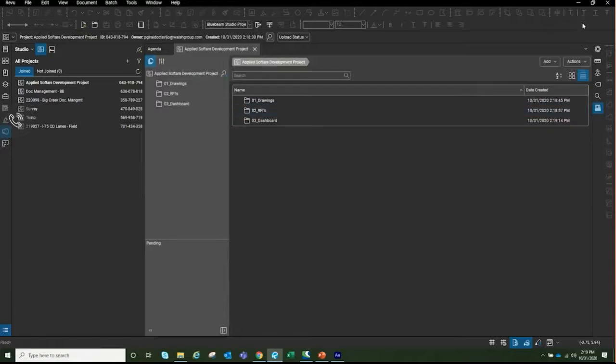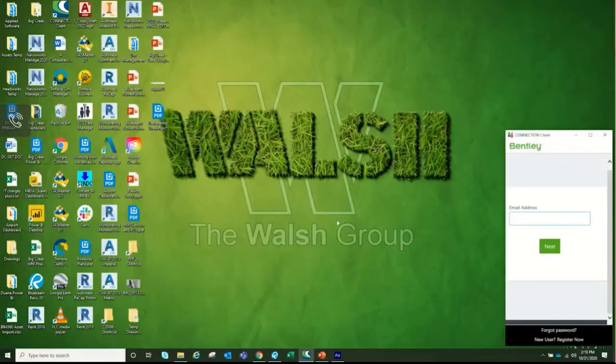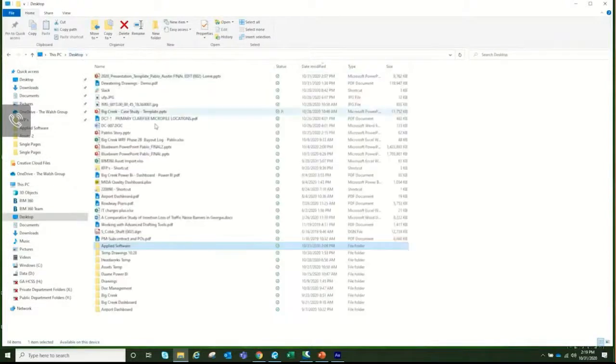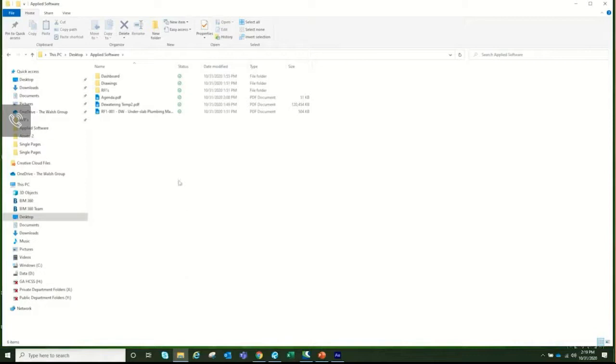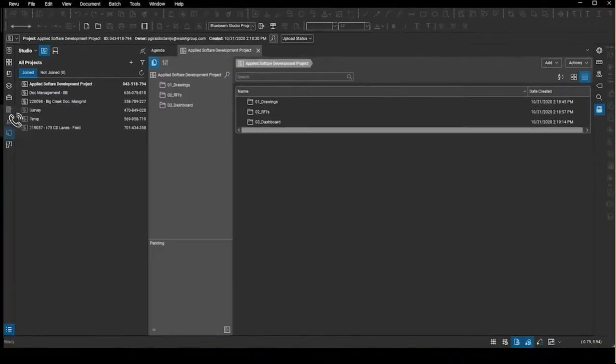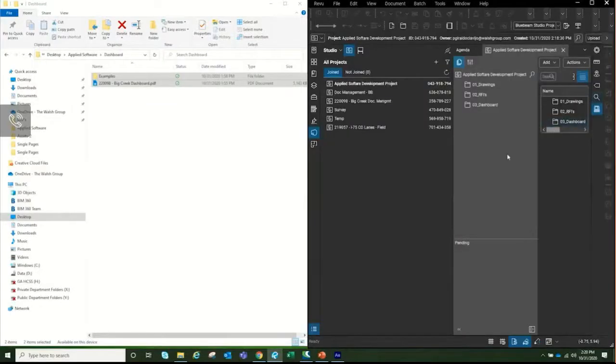So now I'm going to go back to where I have my files stored. I'm going to open this up. I created this folder, called Apply Software, on my desktop, where I saved all the files that I'm going to be using for this demo, for this webinar. So I'm just going to open up this dashboard folder. I'm going to grab these two files. I can probably just split the screens and then start dragging and dropping the files into my